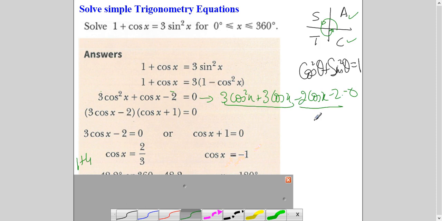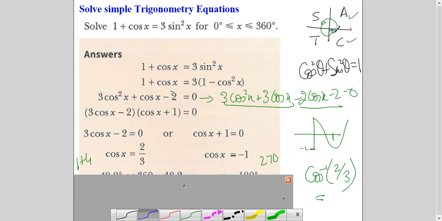You know why? Because we have just learned sketches in the last video, and we know cos minus 1 is at 270. So answer of this is straight away 270. I don't need to do anything here. I know the answer of this immediately. I look at it because the basic value of cos we know through graph. So for this one, I will find out the basic angle. How? I will do cos inverse 2/3. Once I will get my basic angle, I will draw it in the first and fourth quadrant.